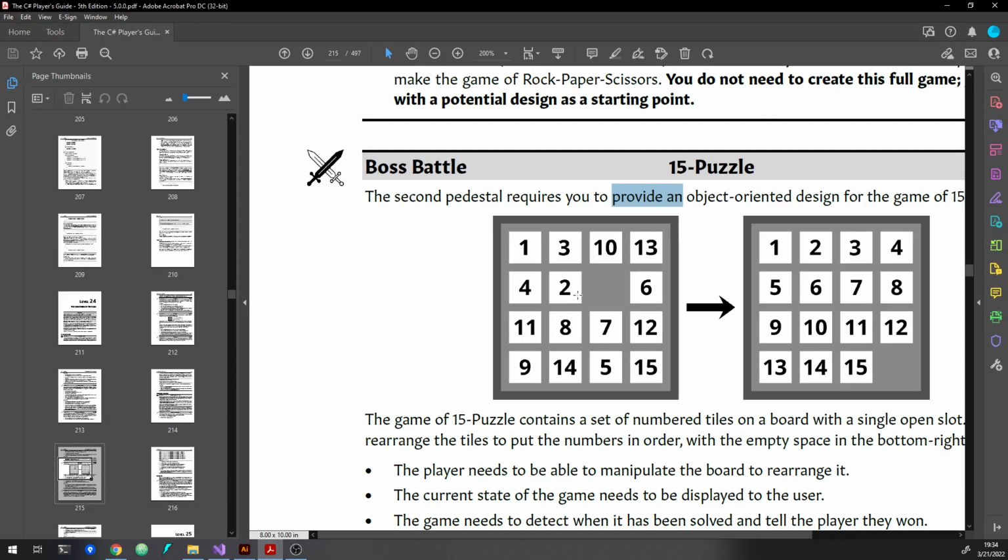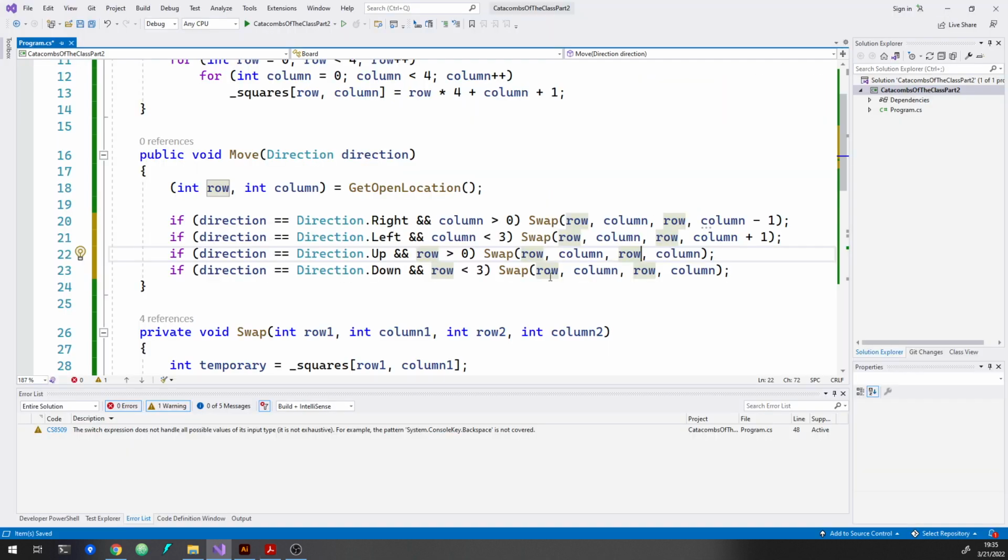So if we say right here, we're moving something rightward into the open slot. So up would mean we're moving something upward into the open slot. So up, we need to be careful about the bottom end. So if row is less than 3, row is greater than 0,